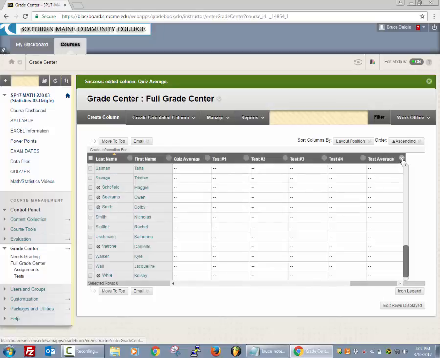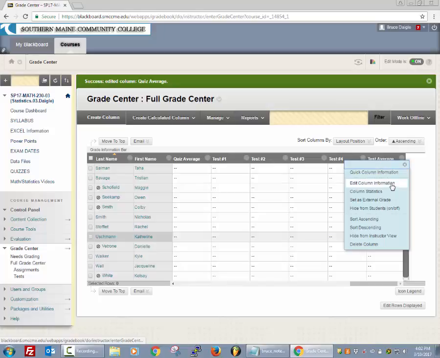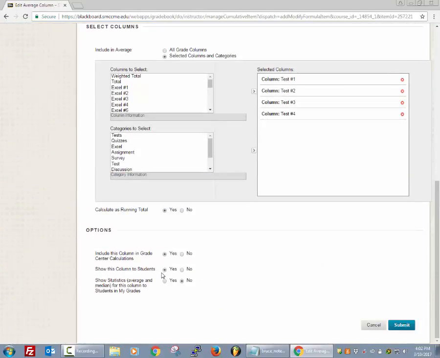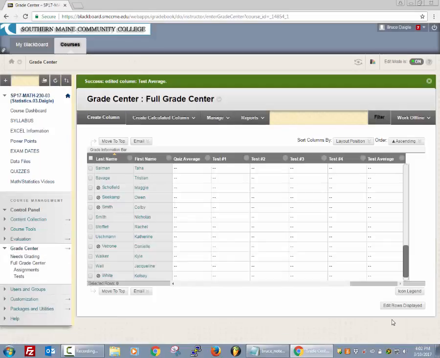Is there a column for the final current grade? Yes. Yep. Between the final weighted column and just the regular total, both of those are being shown, so everyone will be able to see those. And it looks like that's it. Unless you had any questions, I'm going to stop rolling this video because you probably took